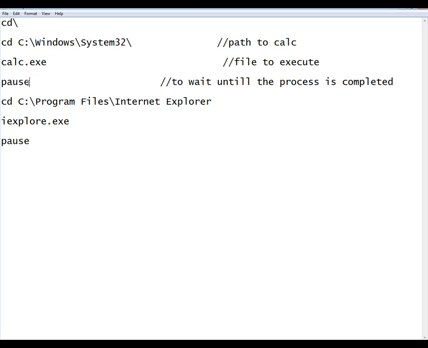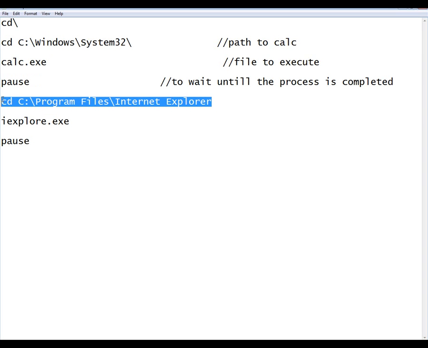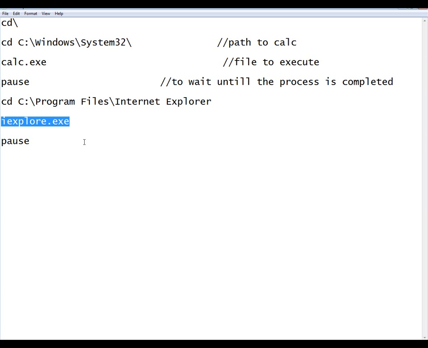Next type pause. This is the command used to make the second program wait until the first program gets executed and finishes its task. Now type cd followed by the second program path, that is Internet Explorer. Next iexplore.exe and save it as AnyName.bat.